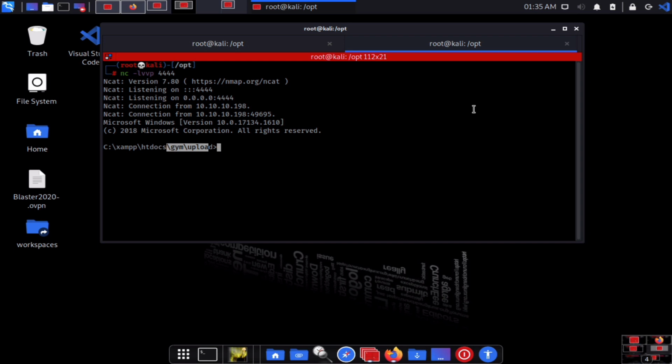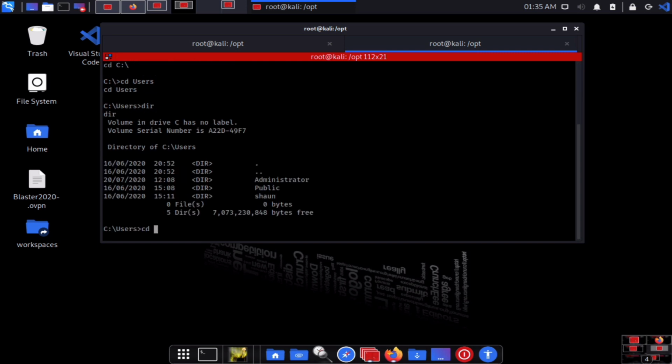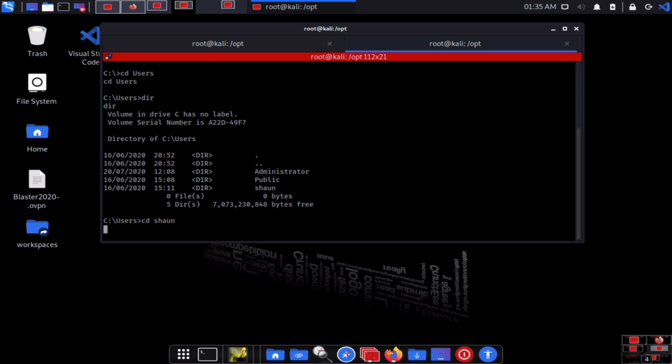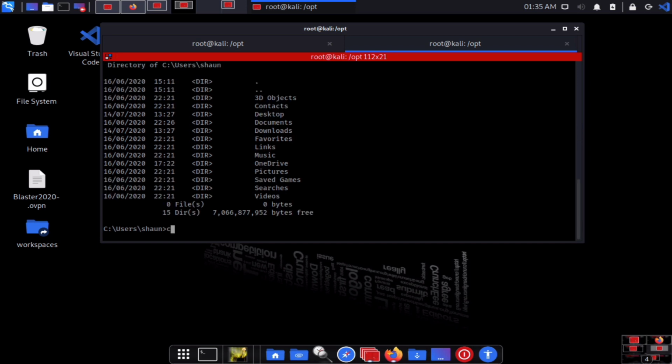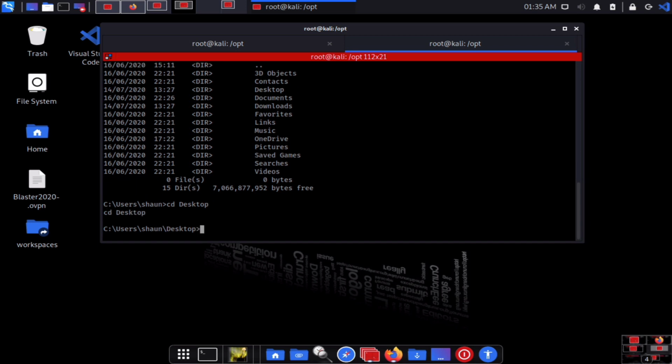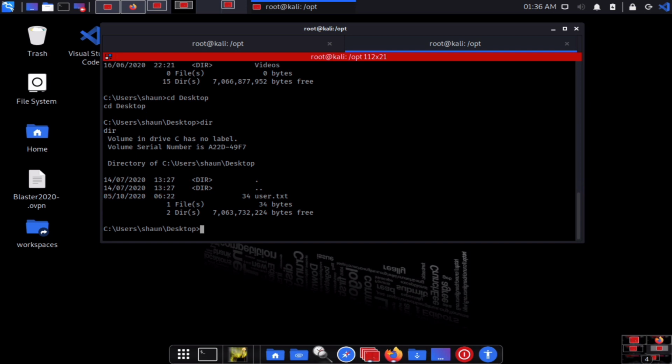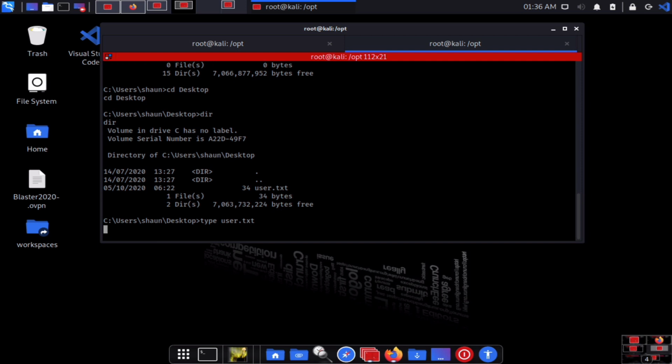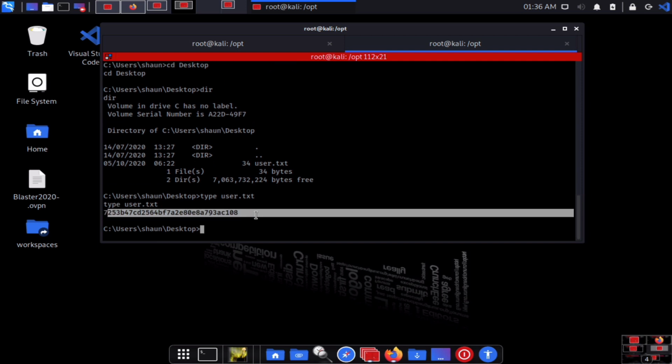Second case, what we can do now is root the machine, right? In order to root this machine, let me check it out. For example, first you can go to cd. That's how we can go for the user flag. cd, we have users, then we have a dir. Then we have to move to the desktop. cd, we have the user, then dir, then we have to go to the desktop. cd desktop, and here we get the user flag. So dir, and then just type the command type, and we have user.txt. This is the first way we can identify the user flag.